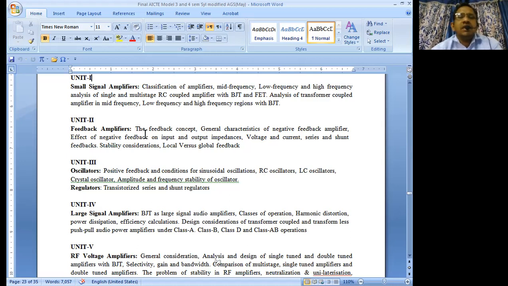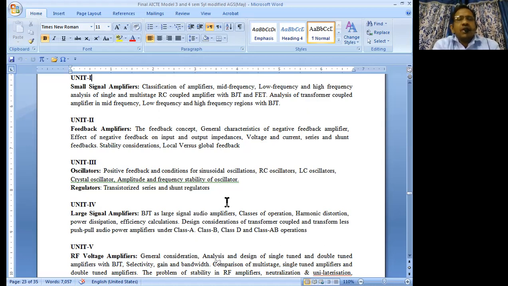So the key here is that you should compulsorily practice. In order to score in this subject, you have to compulsorily practice, not even to score, just to pass the exam also. You have to practice all this mathematical analysis, because if you don't practice, you really cannot do it in the exam, because in the exam the examiner is going to straight away give you the analysis part of the amplifiers. Only 40% is theoretical, and the rest 60% focuses on the analysis part of the amplifiers in the examination.